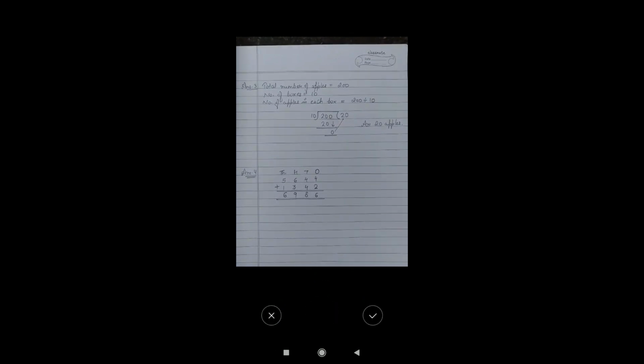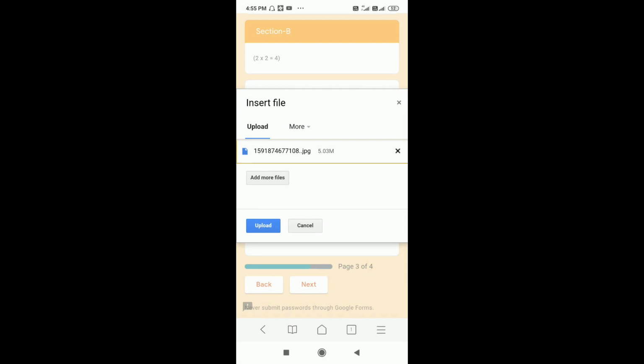Okay, as soon as you click, see now you have 2 options, cross and tick. If the picture is okay, you need to click on the tick button, and if it is not, then you need to click the cross button and then you can select the picture again. As soon as you click on tick, you can see here the image is sent here. Then you need to press this upload button, the blue button. Now you can see the image is uploading, your answer is uploading through this blue colored bar.